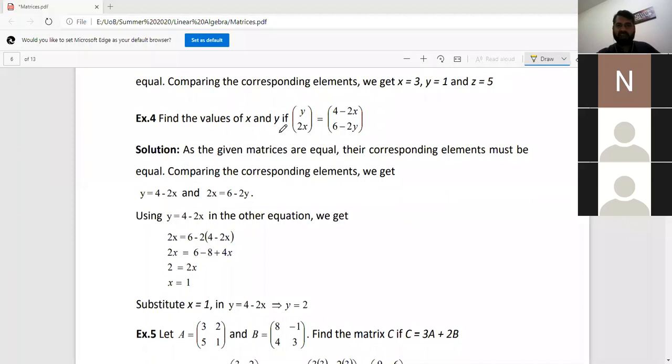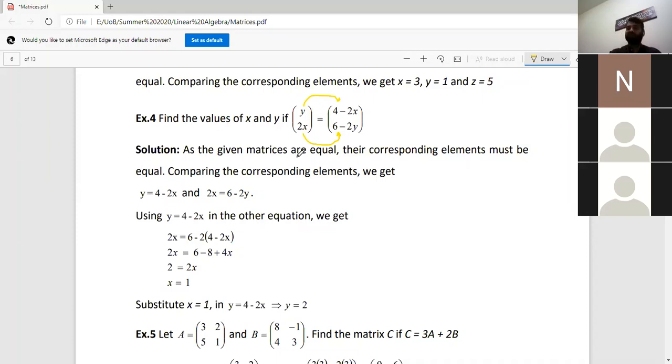Okay, so find the values of x, y so that these two matrices are equal. So more yes are coming up. Smiling faces. All right, so now again we will use the equality of two matrices and find the value of x, y. But this time it's not very easy, because we know that y has to be equal to this and 2x has to be equal to this, because it is just a 2 by 1 matrix, 2 by 1 matrix. So the first element has to be equal to the first and the second has to be equal to the second. And if you recall, these are two column matrices. Why? Because each has one column. So these are column matrices.